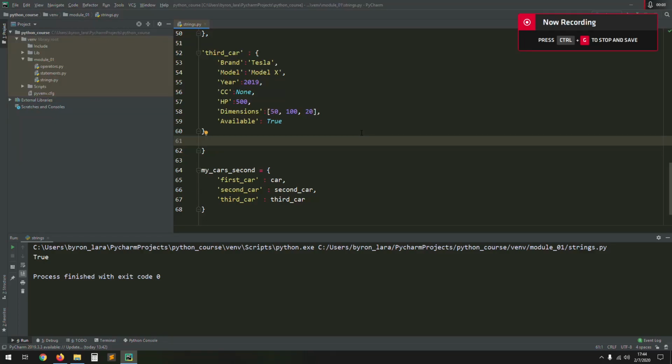Hello everyone. In this video, we are going to talk about functions. Woo, functions. This is very interesting. But what are functions? What is that? Well, in programming, functions are basically